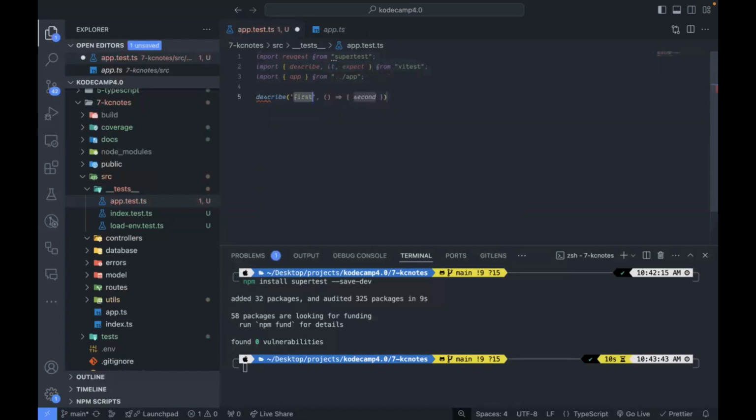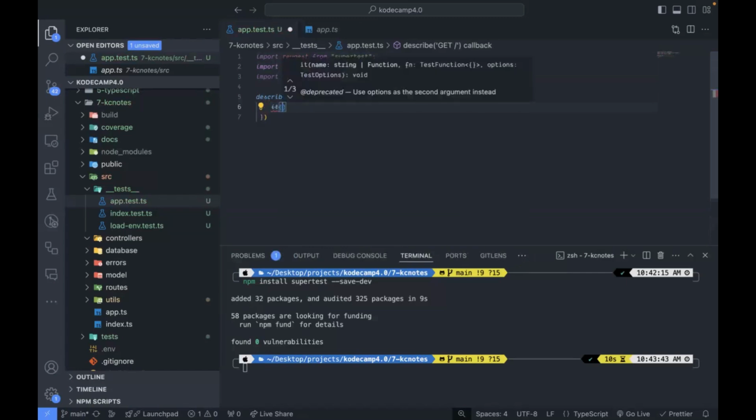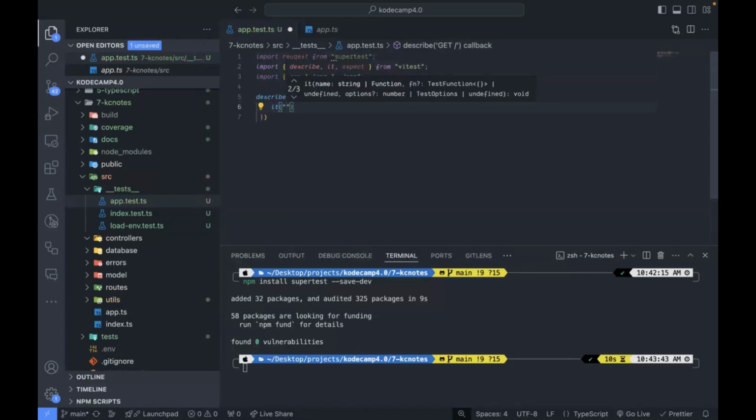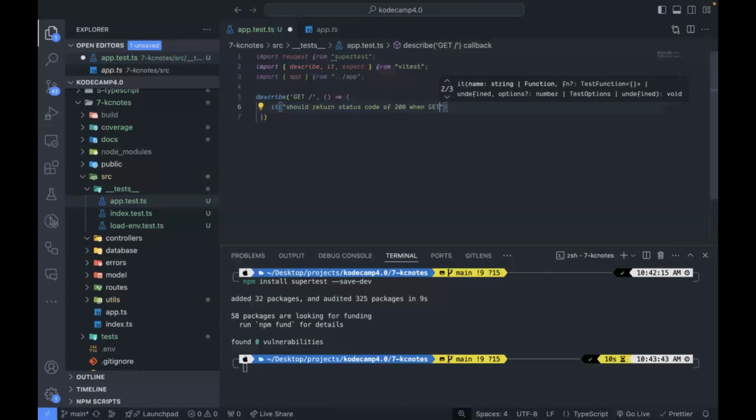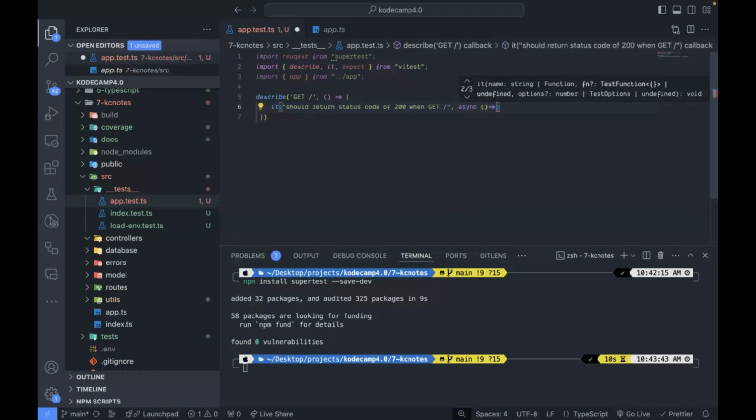So we have a describe block, and then we have get the index file. Inside of this describe block, we have two tests. We say it, and then we say should return status code of 200 when we make a get request to the index route. And in here, this is an async function because we're making requests, which are asynchronous. And then let's just copy this,